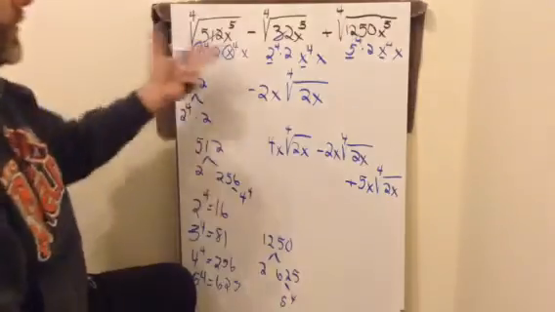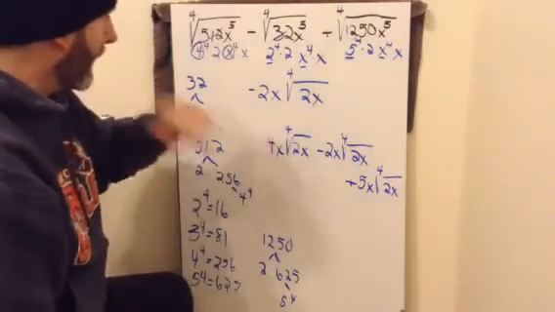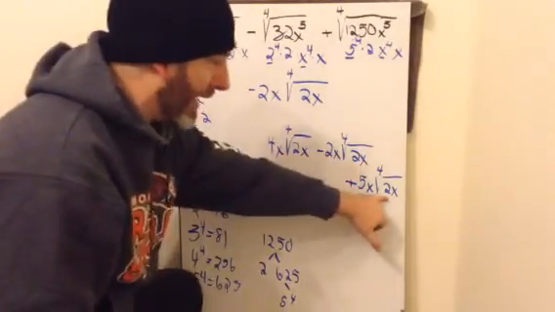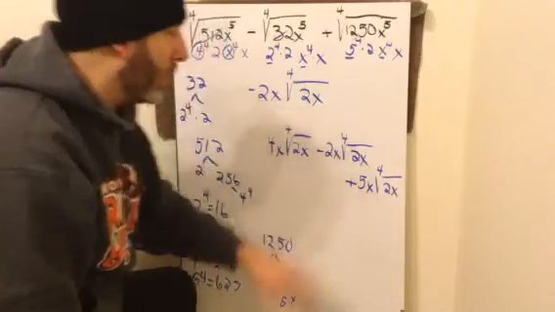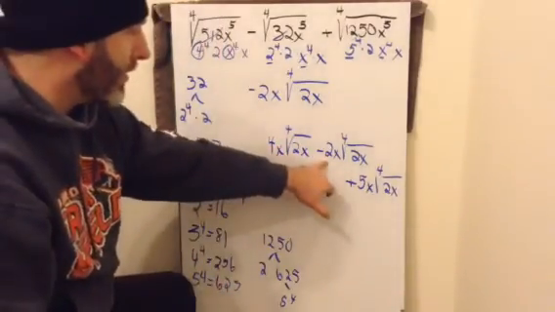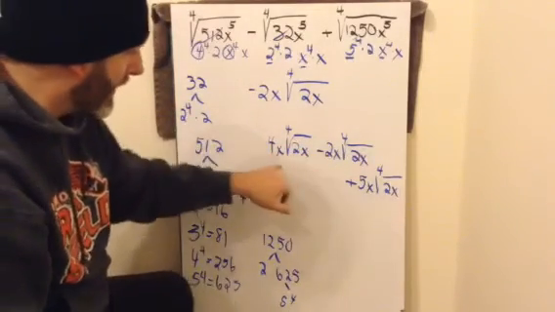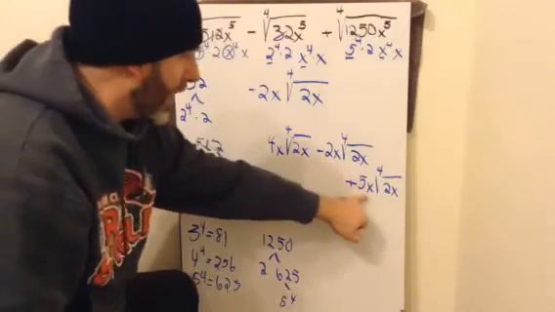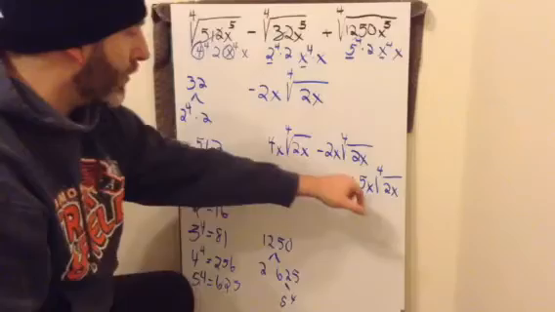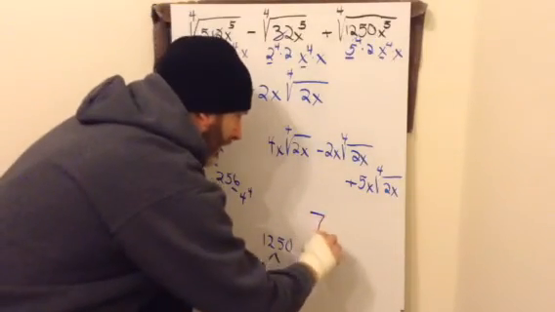Now remember, as you go through, don't assume that all of them are going to work. If the indexes are the same, but whatever you did, this came out to be a 3x, this wouldn't be a like radical. We wouldn't be able to combine it with the others. So 4 minus 2 plus 5. Now remember, if the radicals weren't there, these have to match as well. If that was a y, again, that wouldn't be a like term. 4 minus 2 is 2, plus 5, we get 7x